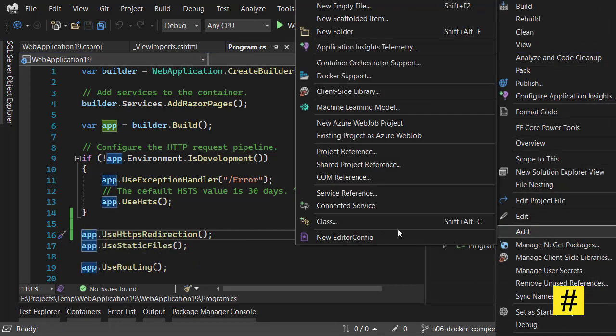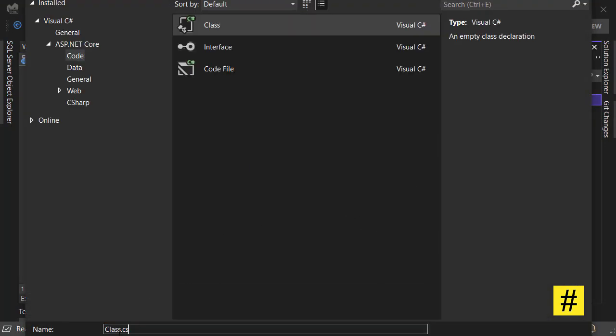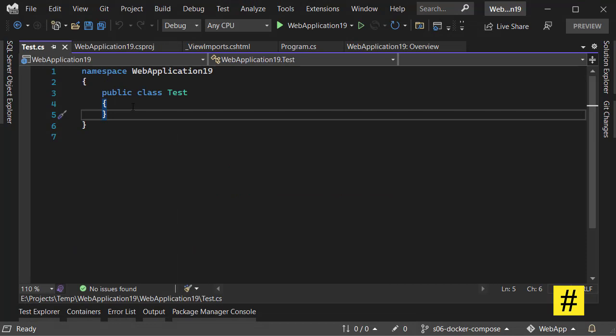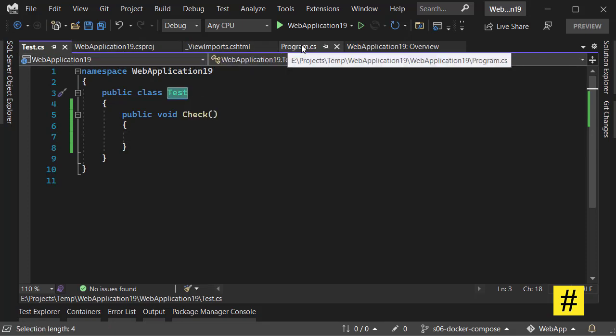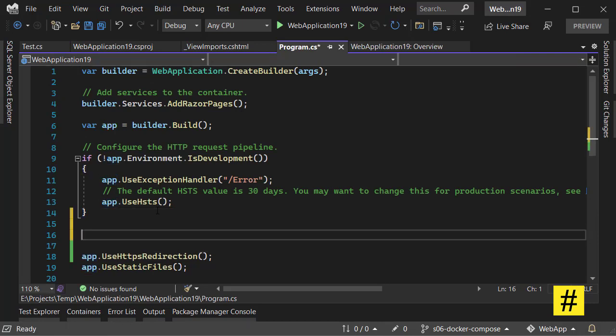You can have your own class globally identified. Let's add a Test class with a test method, public void Check, and this does nothing. And if I want to use this class directly in my Program.cs, I can come here and add new Test like this, but it doesn't work. I need to add the namespace, like WebApplication19.Test,